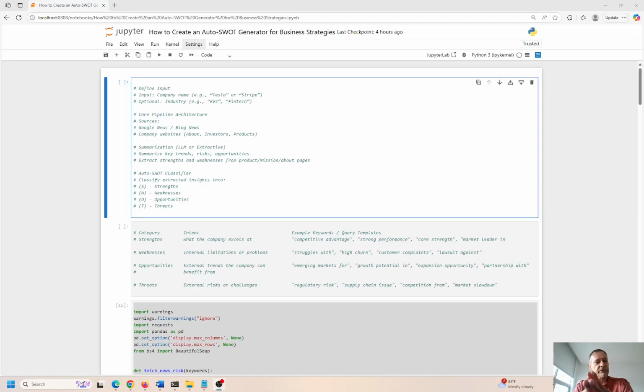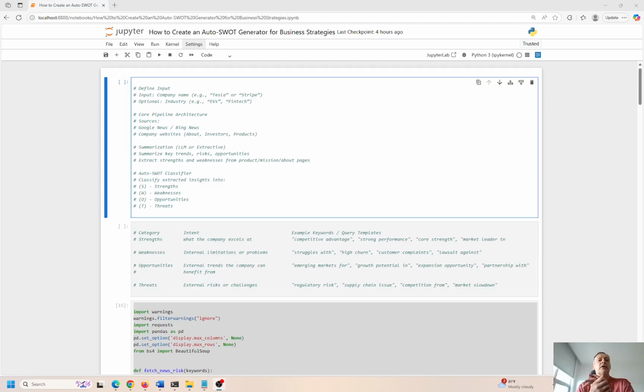Strengths, weaknesses, opportunities, and threats is short for SWOT, right? And we can use this to understand how strong is the company, how weak is the company, right? What kind of opportunities does this company have available to them, and then what kind of threats are available in terms of competition, or someone taking some of your business